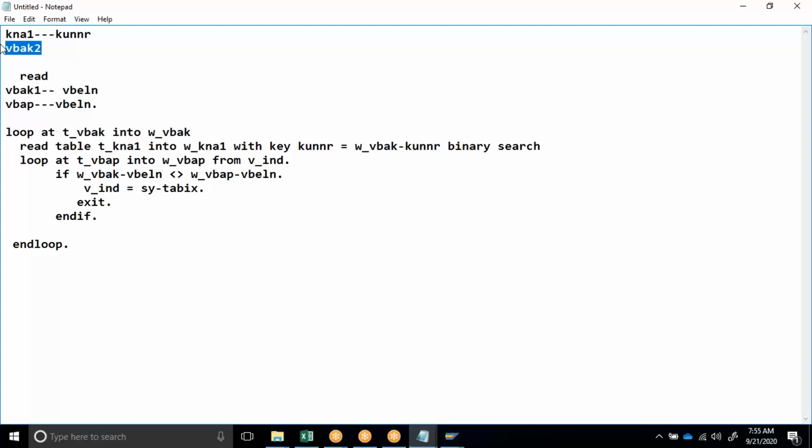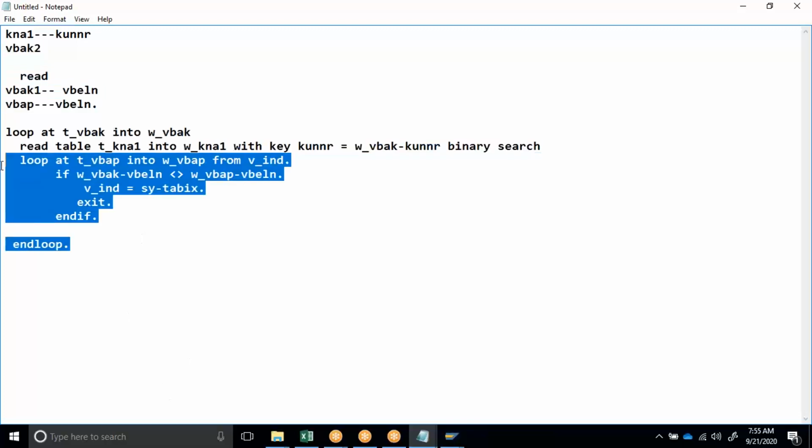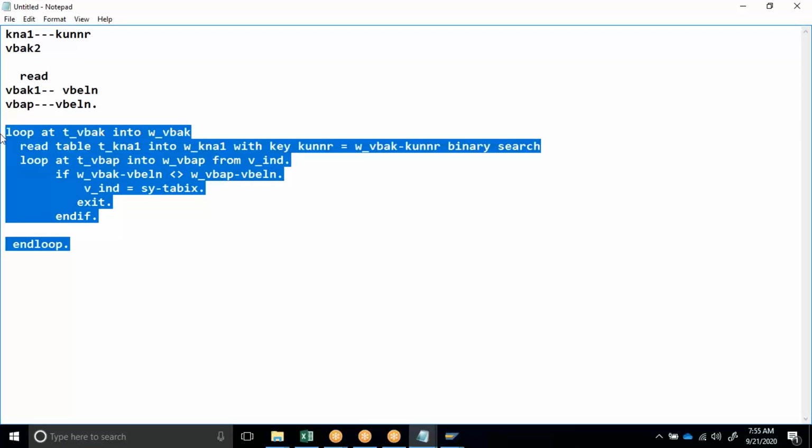But data duplication, memory wastage will be there. So that's the reason we don't explain it like this. So duplicate the table, copy the table into one more table, and for these two sort with KUNNR. For these two sort with VBELN, and link these two with the read statement. I can do it, but the complexity of the logic will increase. Instead of that, much simpler way is using loop and read. So in a program, you have to use loop combinations and read combinations also.